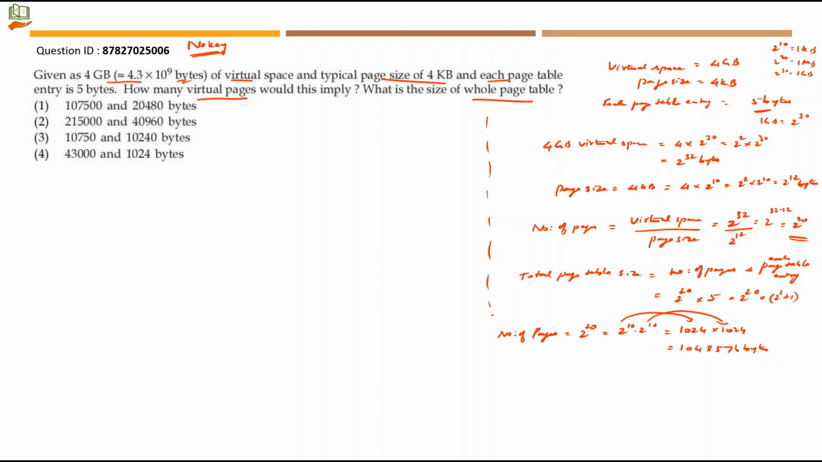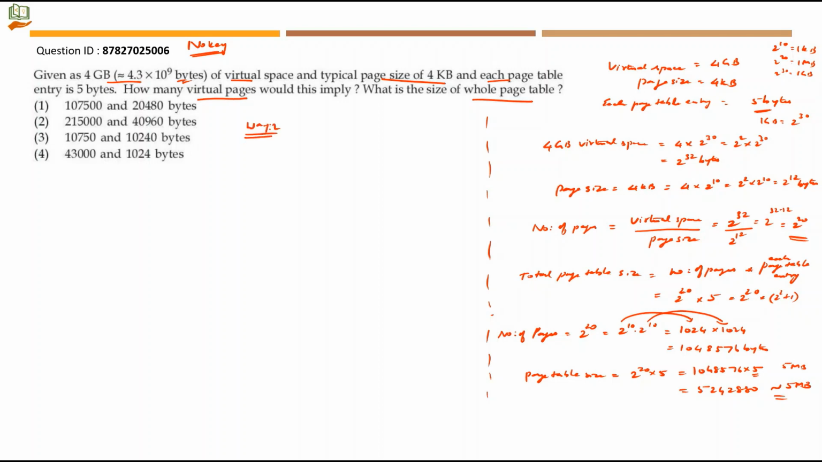1048576 bytes. Then we'll calculate the page table size, 2 power 20 into 5. So 2 power 20 is 1048576, into 5. This will give a value of 5242880. This is approximately 5 MB, because the 5 can be kept like this and 2 power 20 is actually 1 MB. So 5 into 1 MB is 5 MB. Now this is how we do the normal calculation, but there is an alternate way to do this using the